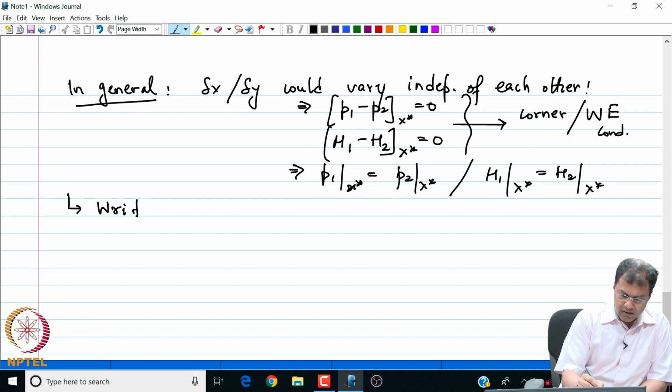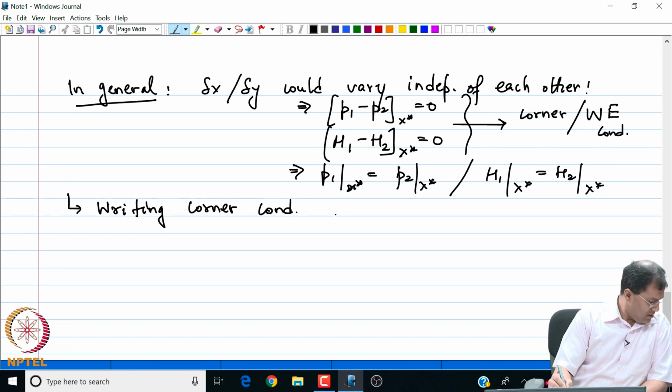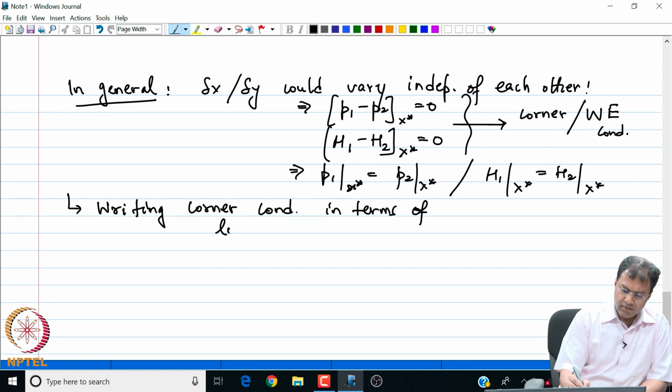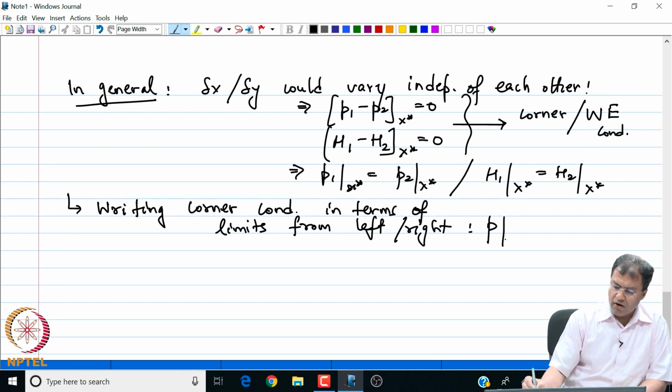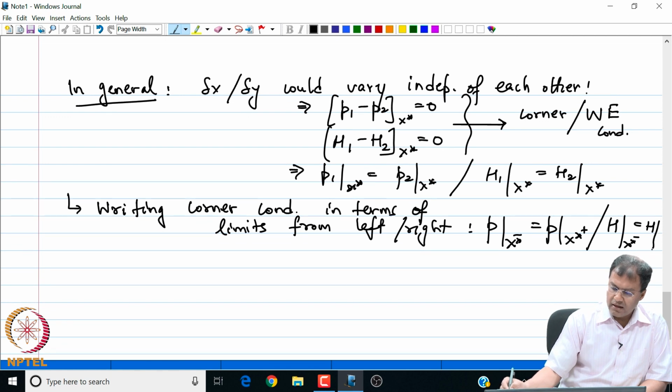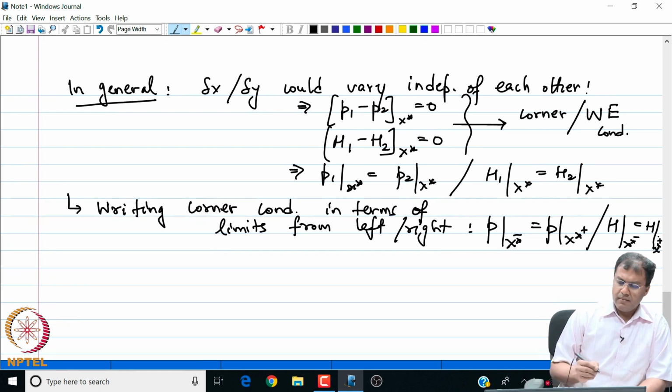So, writing the corner condition in terms of limits from left or right, I can very well write that the conditions are P at x star minus is equal to P at x star plus, and H at x star minus is equal to H at x star plus, right. Okay. So, let us